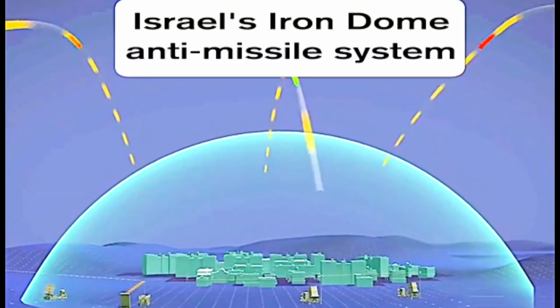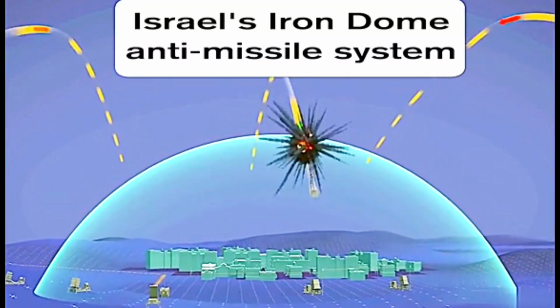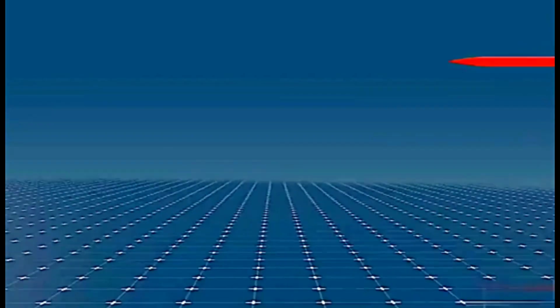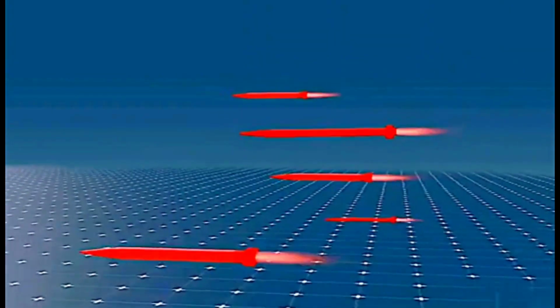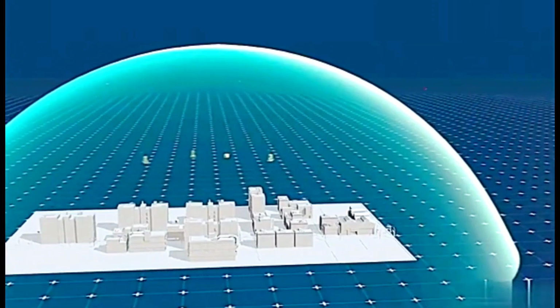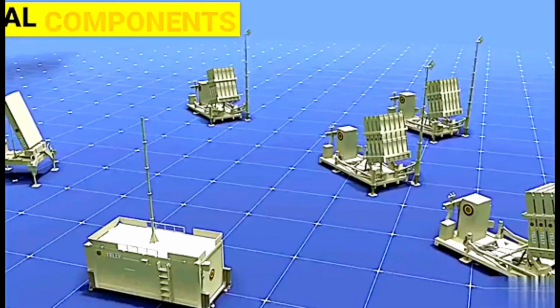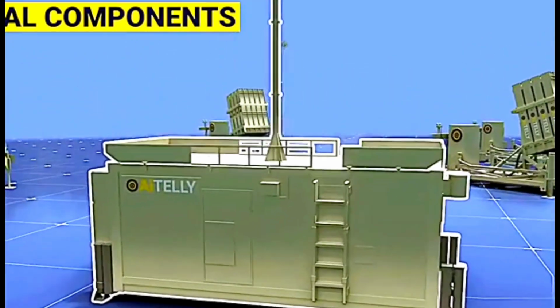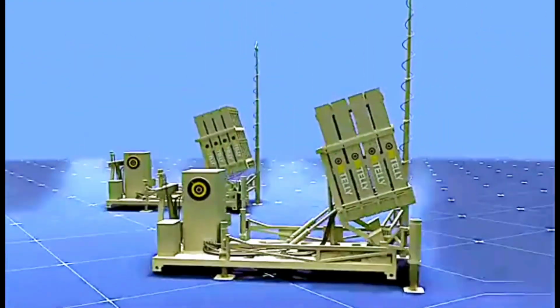Israel's Iron Dome anti-missile system has been making headlines lately. With a successful interception rate of 90% for each missile, it's impressive. But with Hamas launching 5,000 rockets in just 20 minutes, can the Iron Dome really defend against such a saturation attack? The Iron Dome air defense system is comprised of three key components: the Battle Command Center, the missile launcher,